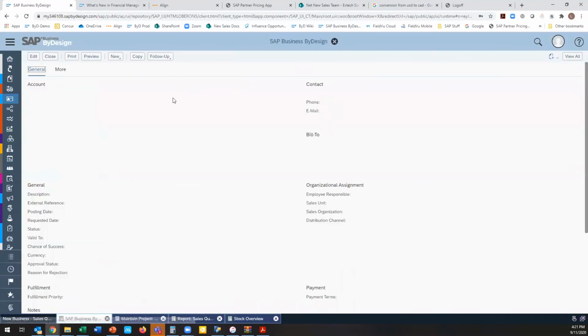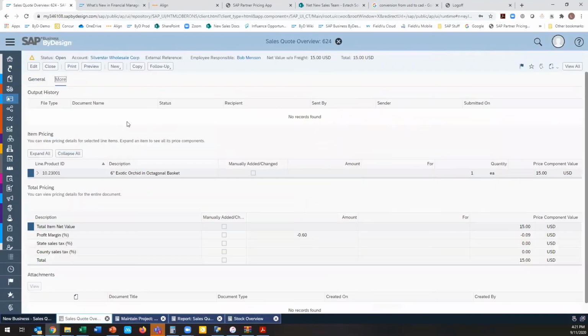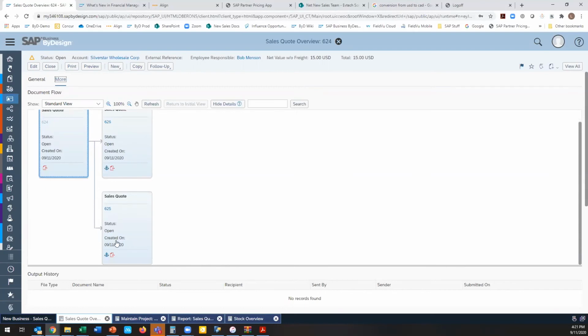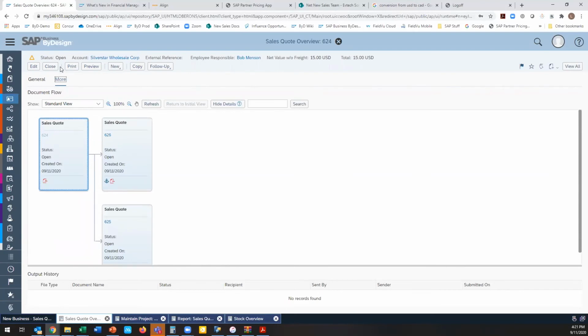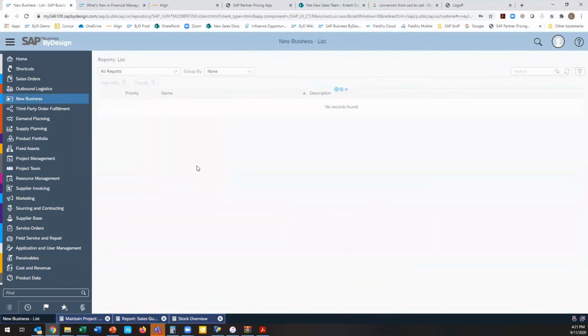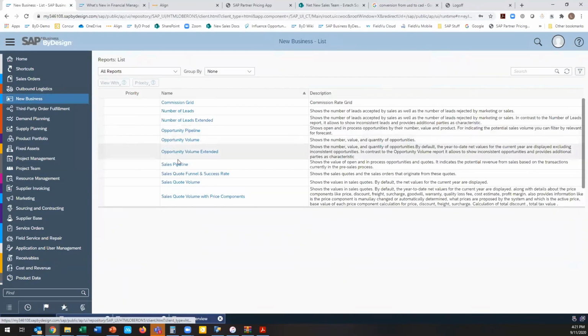And then we come back into the document flow. We'll now see all of our quote versions. Rather than in the past, if you were doing a quote from a quote from a quote where it would come all the way across, we're now seeing all of our versions coming straight down into here. And so within our reporting, there's now a new option within the quote volume report